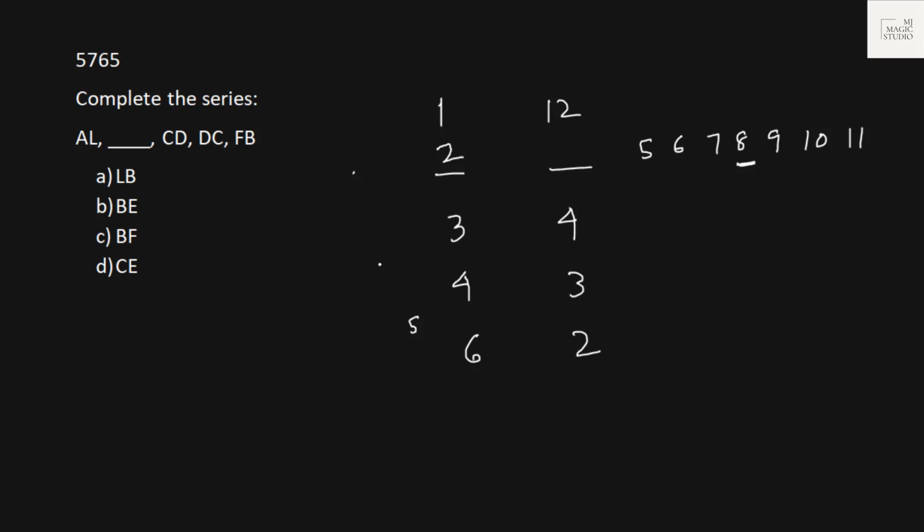But if we see like this, yes, I got the catch. 1 into 12 is 12. 3 into 4 is 12. 4 into 3 is 12. 6 into 12 is 12. If we put 2 here, we should have 6 here to make it 12. Bingo. It should be like that only. It should be 2, 6. 2 is B and 6 is F. It should be BF. Option C.